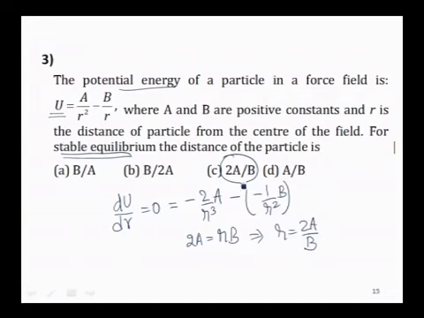That means potential is varying in this fashion, and at this point R equals 2A by B, the change of potential is 0. That means it will be becoming like that, and this is the point corresponding to stable equilibrium according to this equation. 2A by B, option C is your final answer. Then going further,